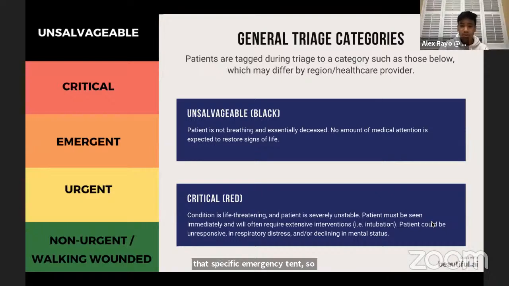So if you do get 2 or more critical patients at the same time, medical staff will try and treat them both at the same time if there are resources available. If there's enough medical equipment and medical staff available, they'll try and treat them at the same time. But if not, and this is one of the hard parts about medicine, if there aren't enough resources available, they are going to have to make a decision on who to treat first based on, one, who has the most chance of surviving, and